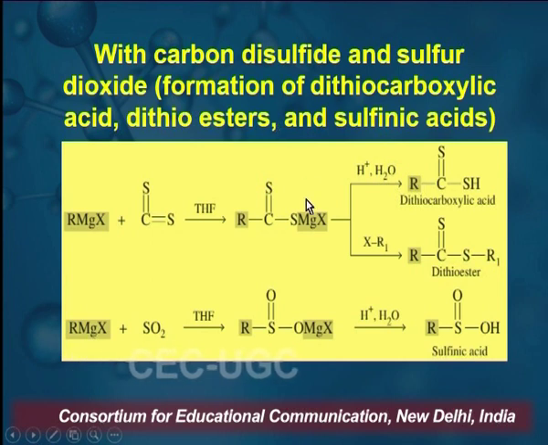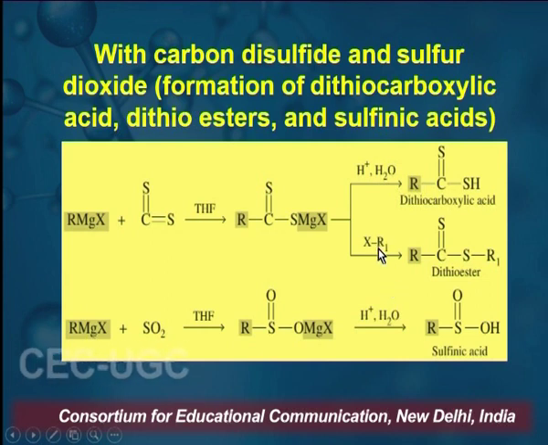Now, reaction with carbon disulfide and sulfur dioxide gives the formation of dithiocarboxylic acid, dithioester and sulfenic acids. Now, RMgX or Grignard reagent on reaction with carbon disulfide in presence of THF or any other suitable ether under anhydrous condition, this carbon attacks this carbon which has a positive charge, and then it results in the formation of the corresponding adduct, which on hydrolysis results in the formation of dithiocarboxylic acid,